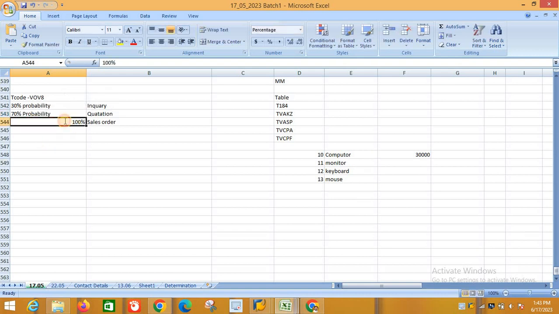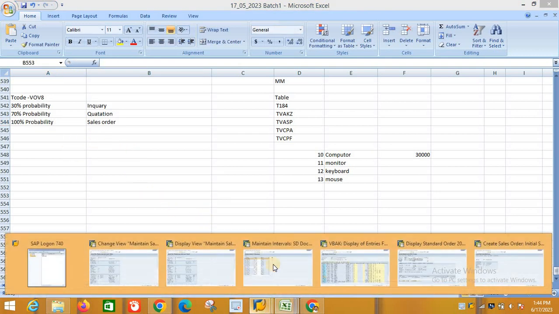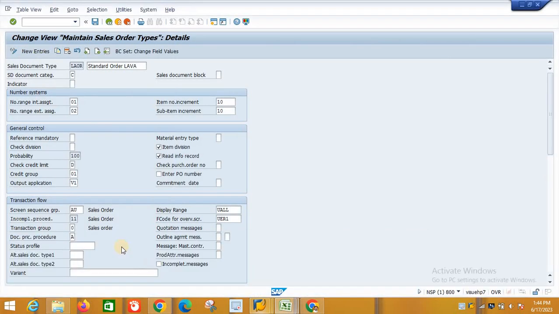So because of that, in the sales document the probability is 100%. Let me show you. Because of that, here probability is 100%, and we will check for the order, like for standard order it is 100%, then for invoice correction, that is also an order, it is also 100%, and then quotation it is 70%.